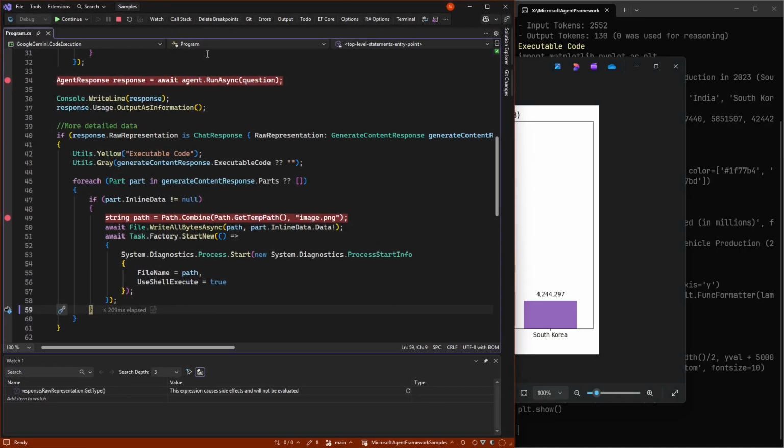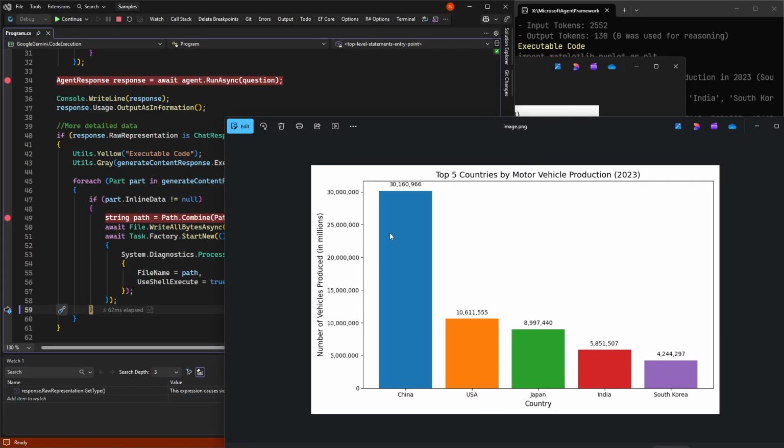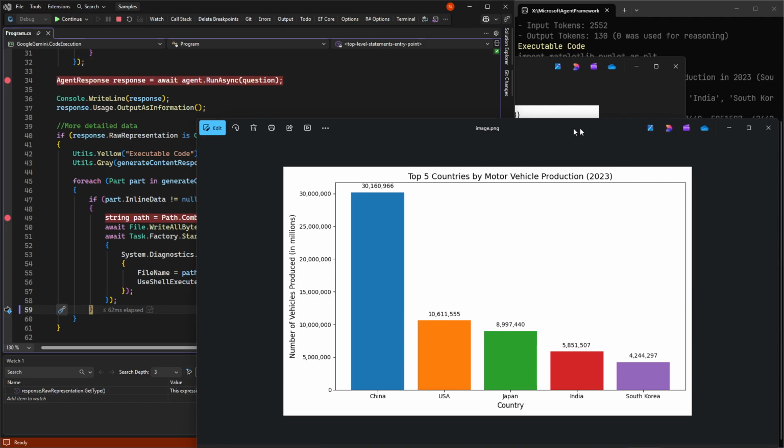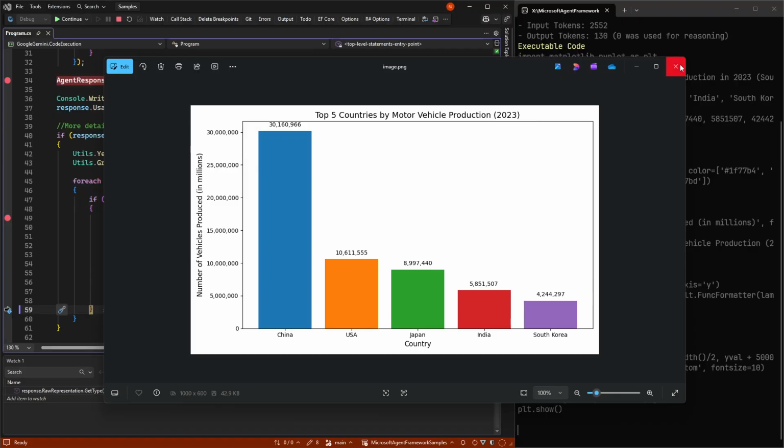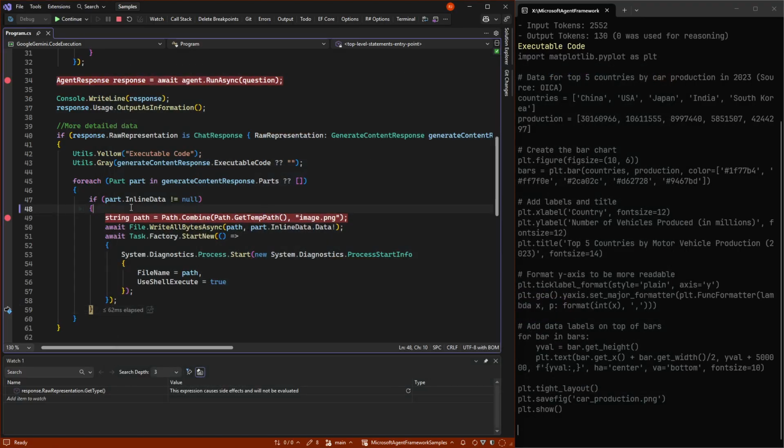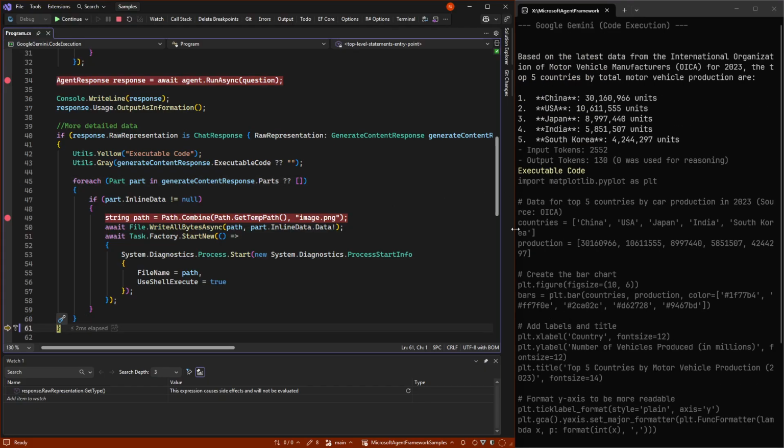If we go further, we will see that we will end up with one more image. Again, in my opinion, this is a bug because it's exactly the same 2 images, so we need to take care of that in our code, unfortunately, until Google fixes this. But at the end, we just have our image and our text, and if we want to, our executed code.